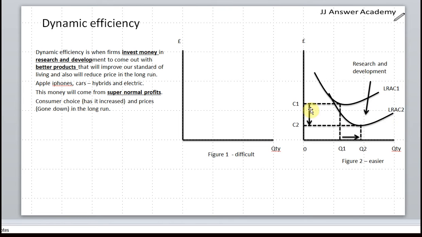And we can see the costs are falling as quantity rises. So costs for Tesco's are falling, the average cost. And then they can pass that on to the customer in terms of lower prices. I can also put this down as